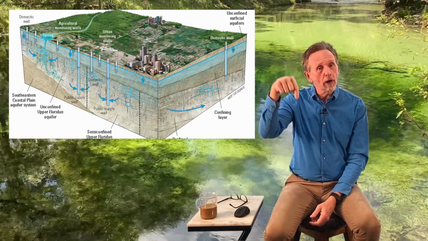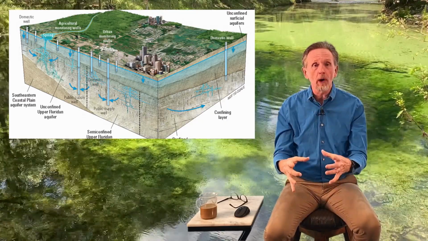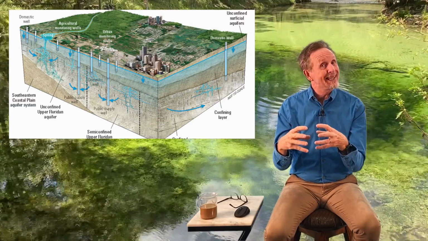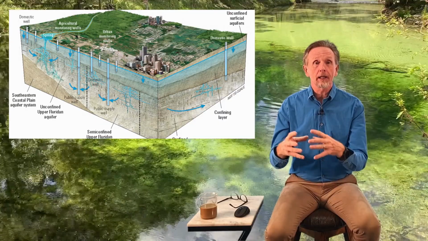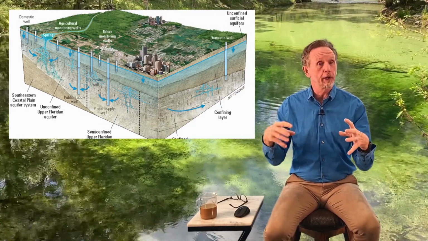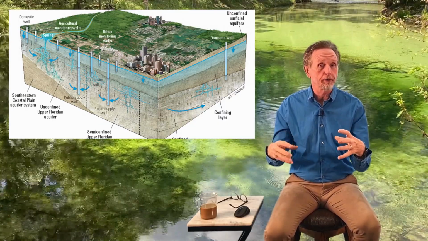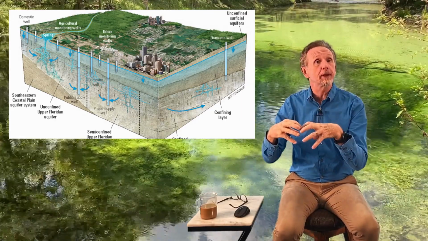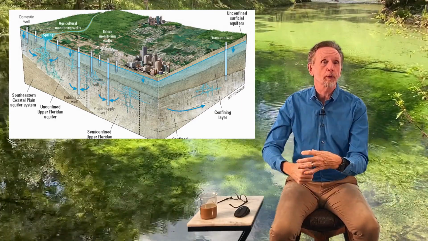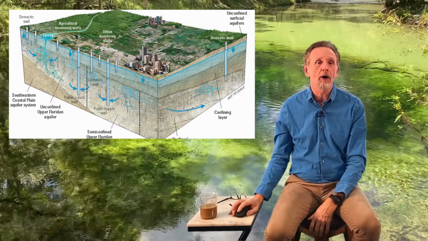So we drill wells down in. We'll drill an open well, and then water will seep into that well and we can pump it out. You may be lucky enough to go into an area where there's already a big hole and the water's there, but otherwise you drill the well and the water from this water table seeps into that hole, and that's where we pump the water out.